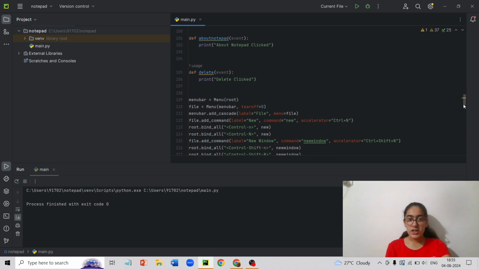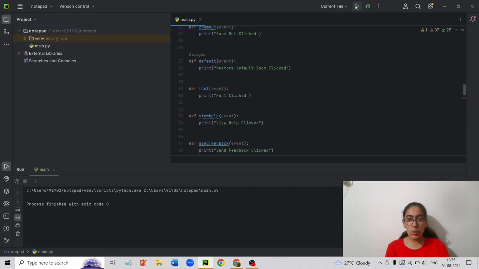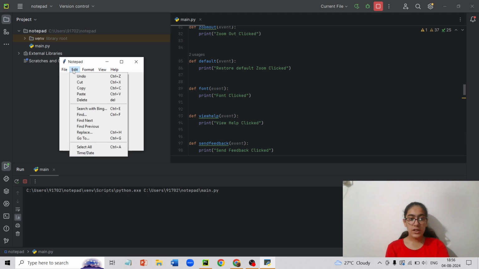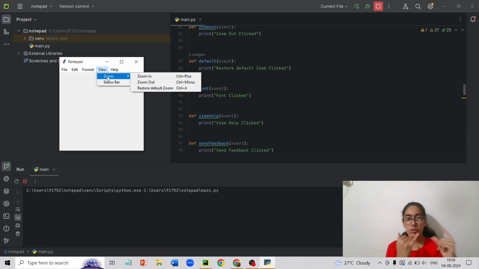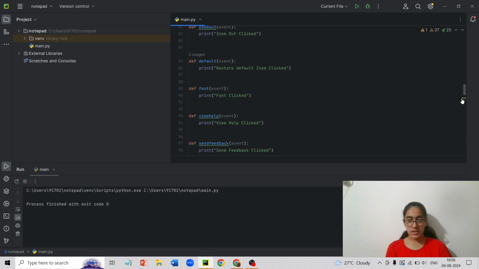There's delete function, about Notepad, send feedback, view help. When we open this Notepad, we see that File has all these functions, Edit has all these functions, Format has these two, View has these two, and inside Zoom the cascade is there of Zoom In, Zoom Out and Restore Default Zoom. Inside Help we have these three. So this is what these functions are doing.